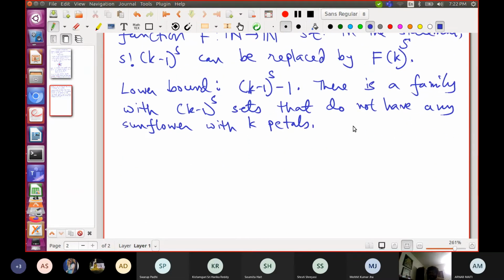That will come later. We'll come to it later. Just wanted to state it. Okay, so let's prove the sunflower lemma. It's a simple proof.